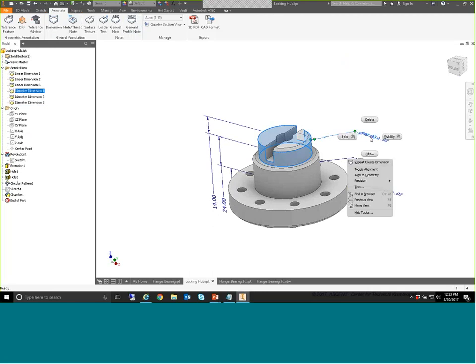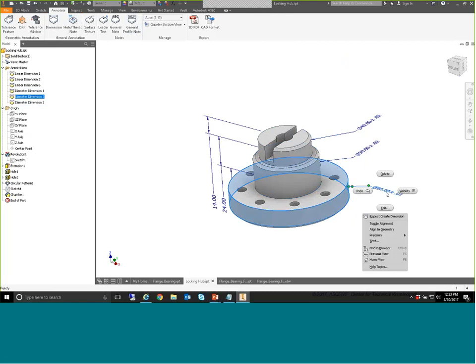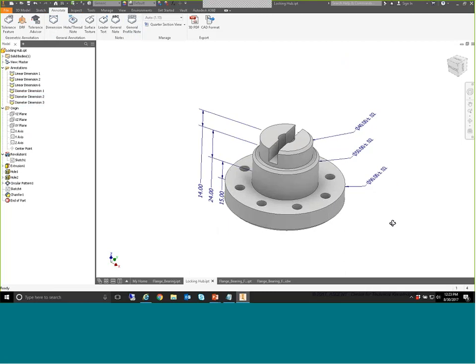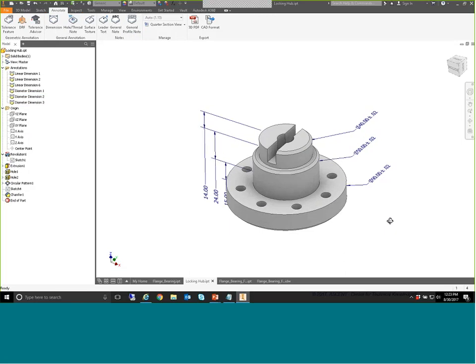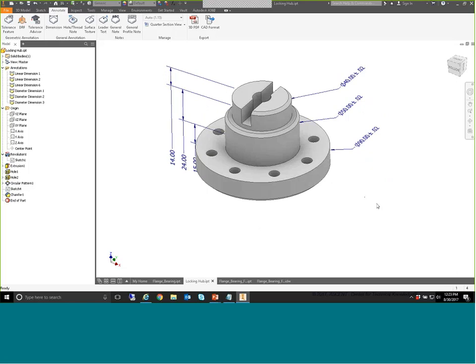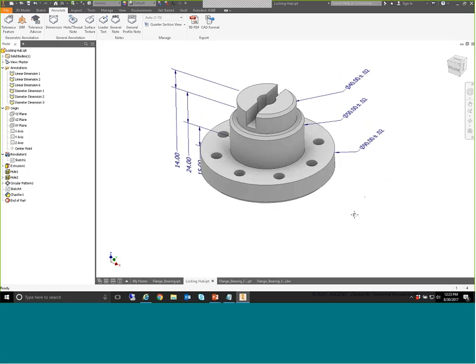3D annotations. One thing I do like is that I can change the orientation of this on the annotation plane. I can right-click, toggle alignment, so it flips it. I can do that for all 3 of them just to kind of change the orientation of that to be a little bit more what I want. And now I have all of those annotations. So we've promoted, we've created, and now what I want to do is flip to one of the other options,